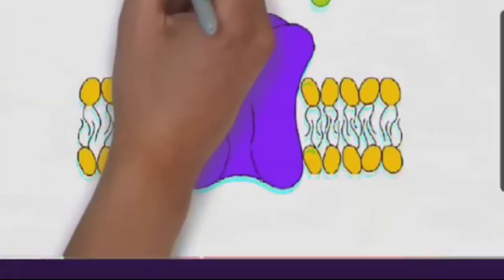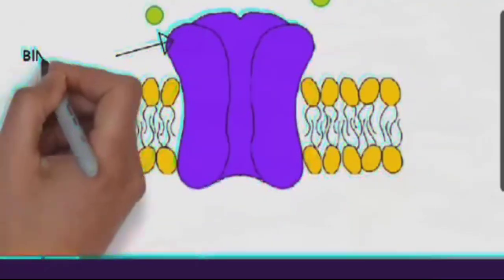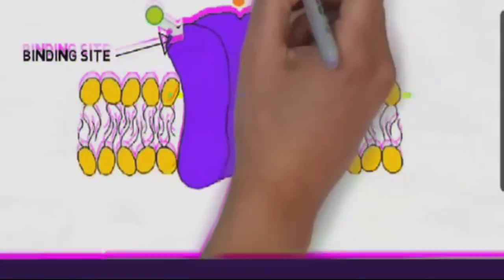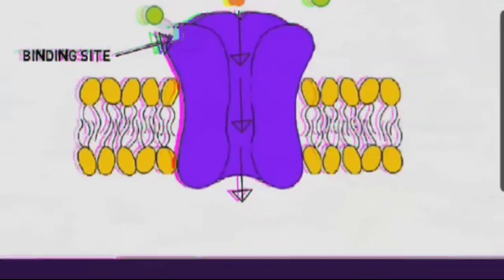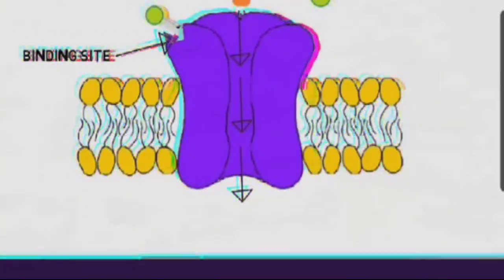One type are called ionotropic receptors. Ionotropic receptors have a site where a neurotransmitter can bind called the binding site. When neurotransmitter binds here, it causes a channel to open in the receptor and ions are permitted to flow into the neuron. This can change the membrane potential of the neuron and send a signal known as the action potential